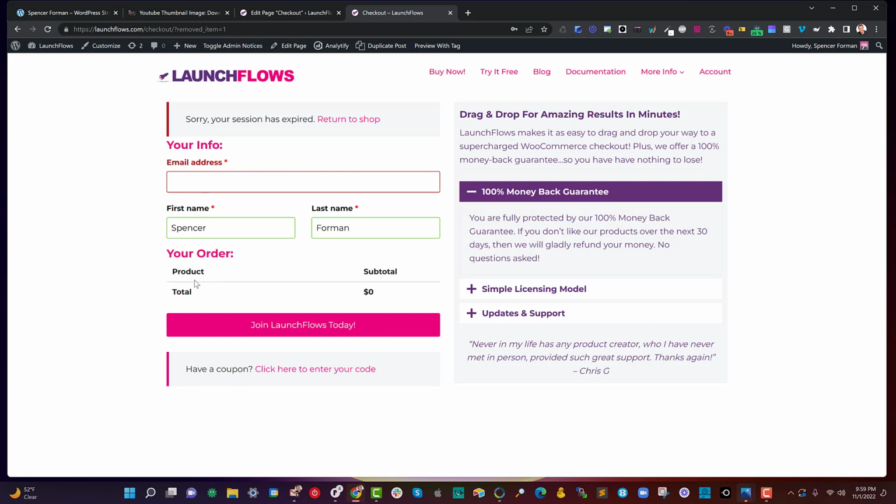Then I have the new title. Then I have what will show up with the details of whatever thing they're trying to purchase below in the order review. Finally, I've got the checkout and the coupon below. Now, how did I handle the